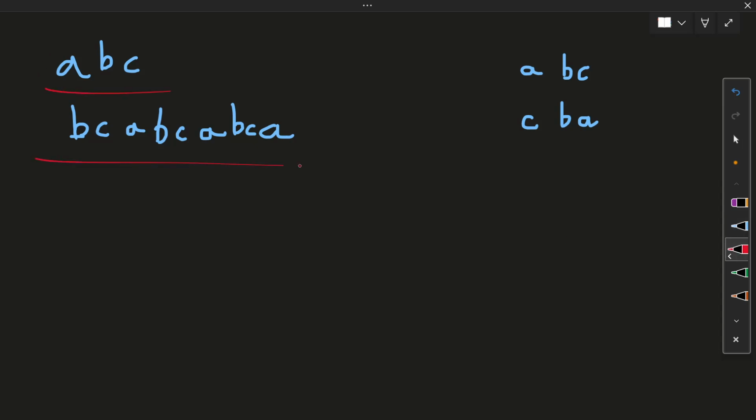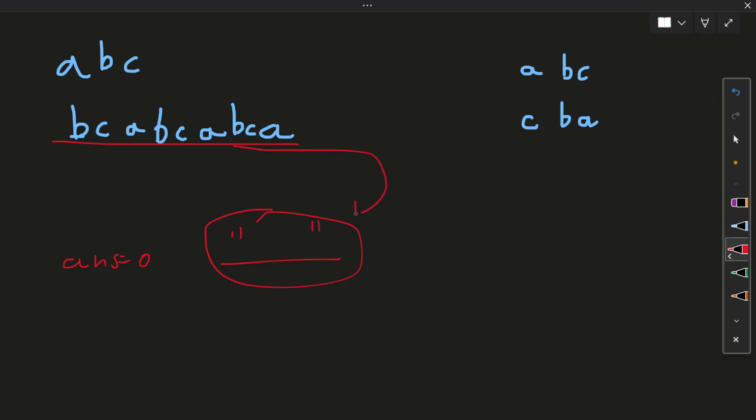So let's consider this test case. How many times do we have to repeat? First, our initial answer is 0, which means our string is empty. Next we want to create this. Can s2 be a part of this current string? No, so we need to first consider a string, so our string will be a b c.